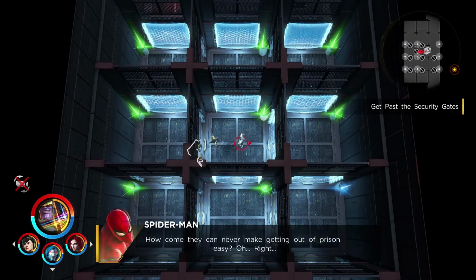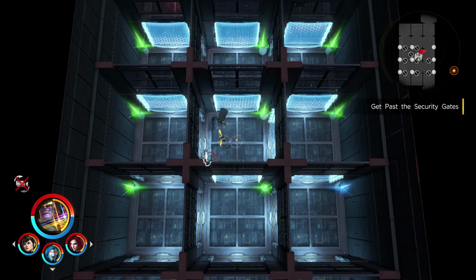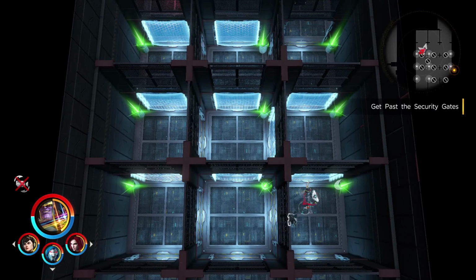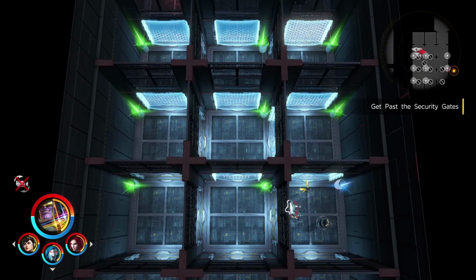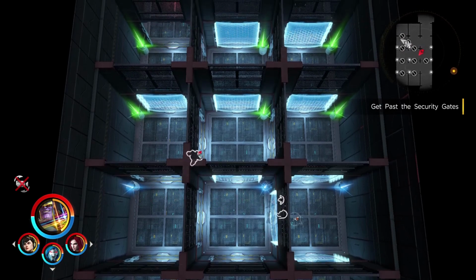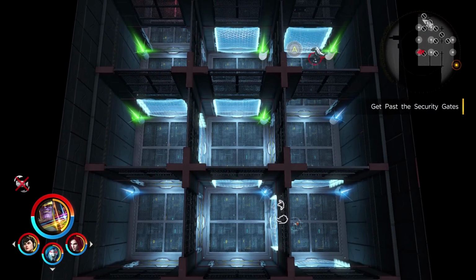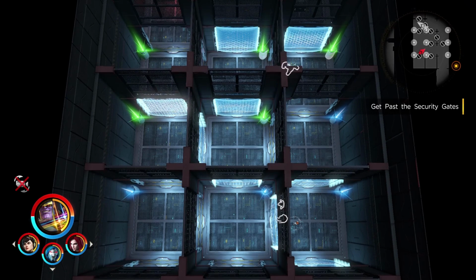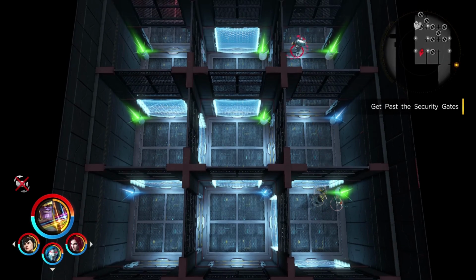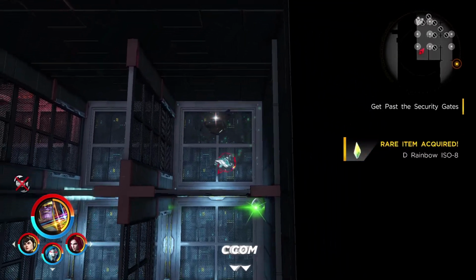How come they can never make getting out of prison easy? I'm trying to remember what the pattern was. It's been a minute since I ran this in that speedrun attempt. I think it's this one, this one, this one, and then this one here. Gets us through to the end, but there's also, there we are. So up here there's another hidden box that you can grab, so you'll want to make sure